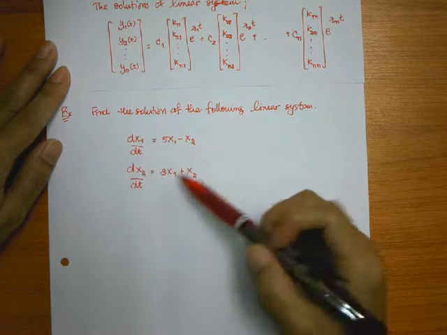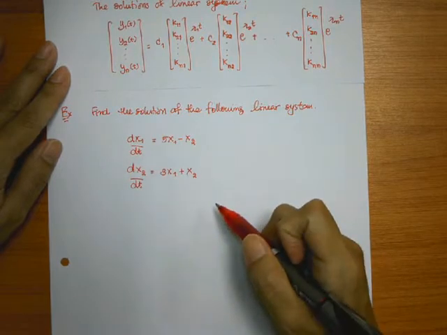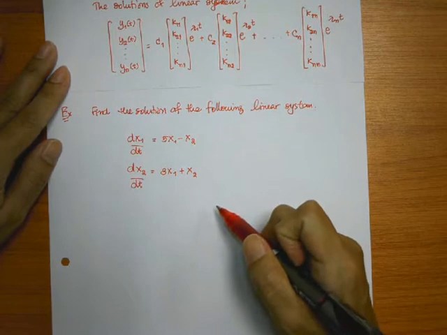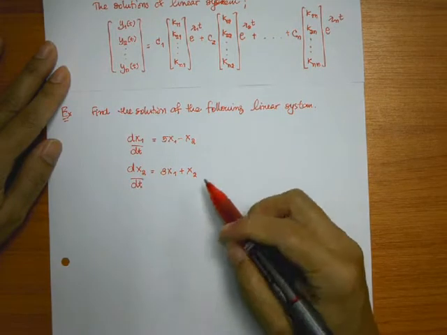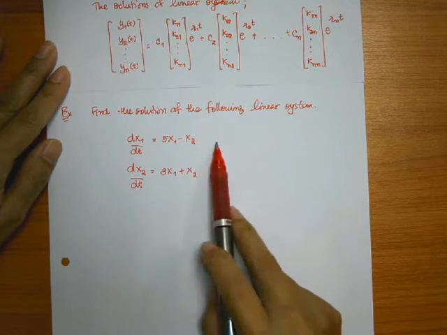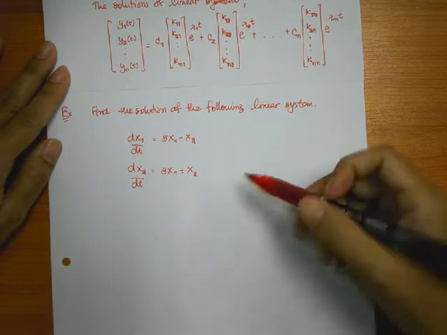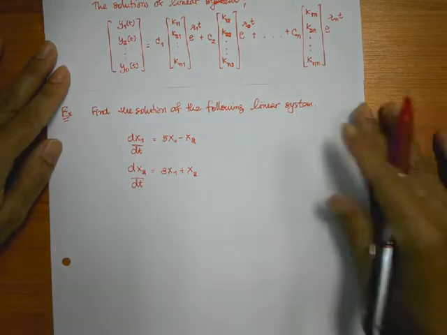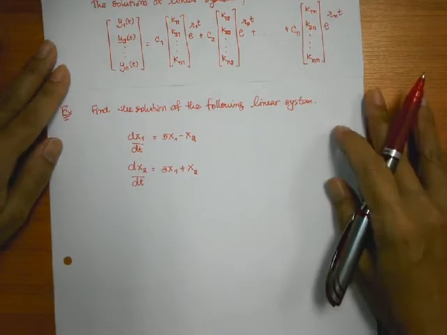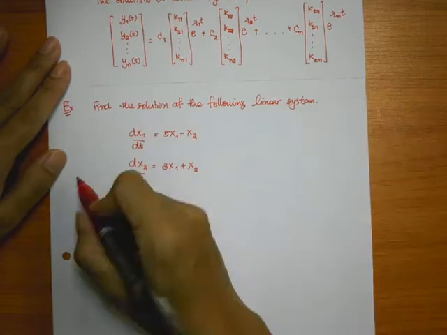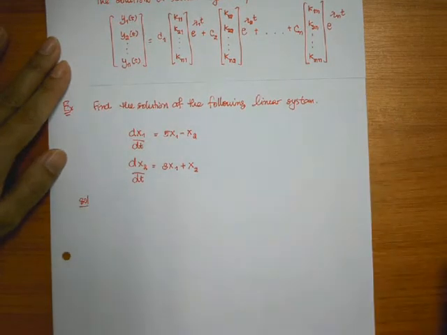Now, this equation is a homogeneous equation, right? Because you don't have any function of t. If you have a function of t, then it's a non-homogeneous equation, right? This is a real homogeneous equation. So the way to find the answer of this linear system is that you've got to assume the answer,